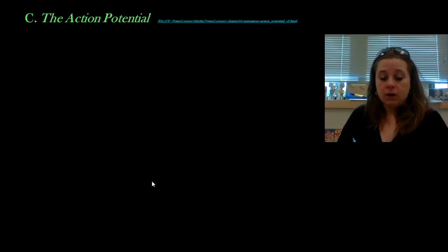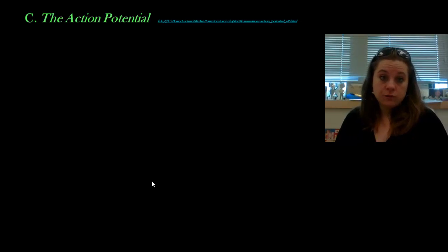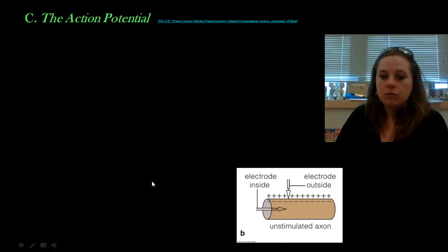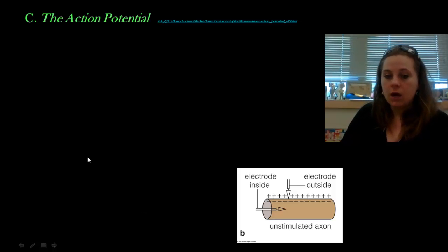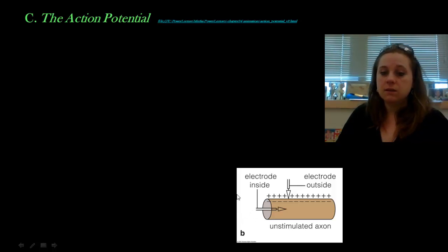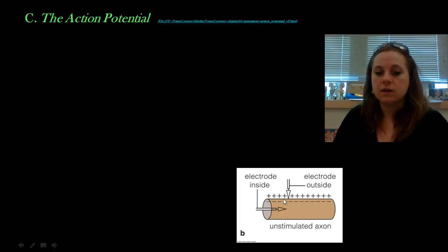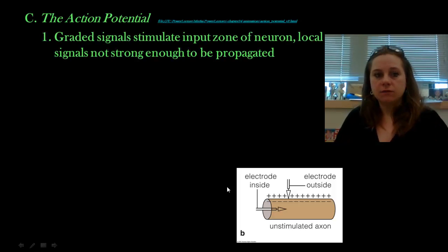Let's get a look at what actually happens when a signal moves down a neuron, which we call the action potential. Really important. We can actually use electrodes on a neuron to stimulate a response, and they did this in fish. Again, remembering we are in chapter 34, so you can always use this as an additional resource. You can actually measure the fact that, even though both potassium and sodium are positively charged,